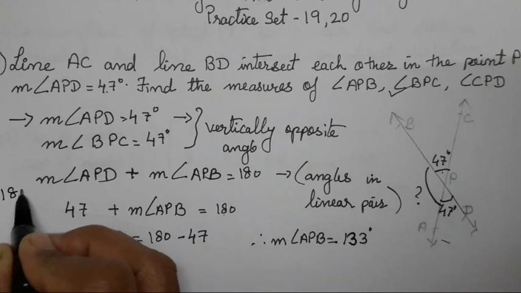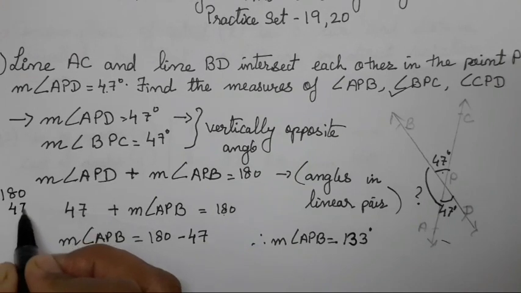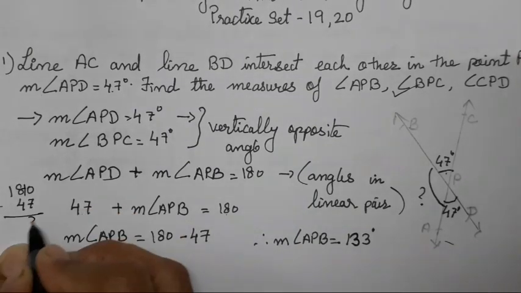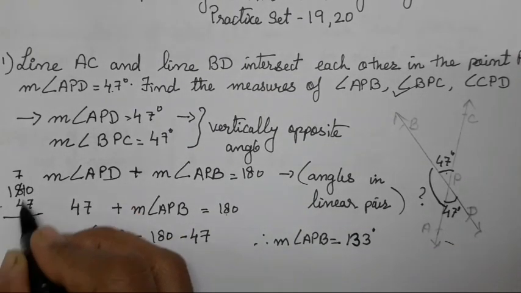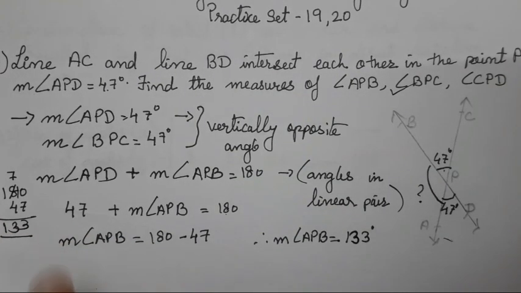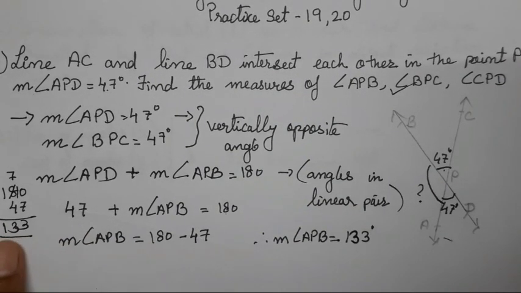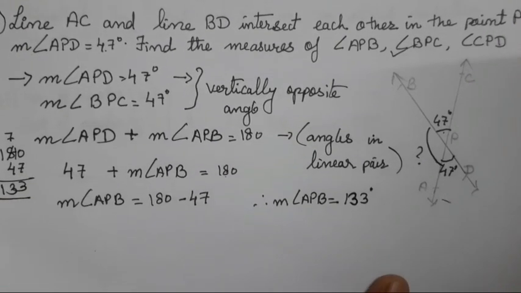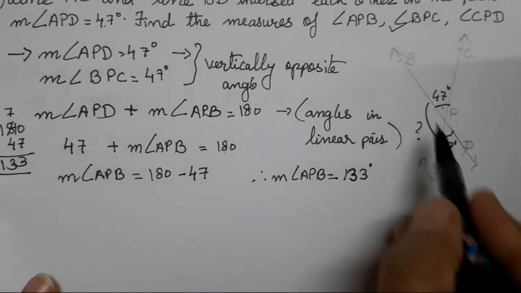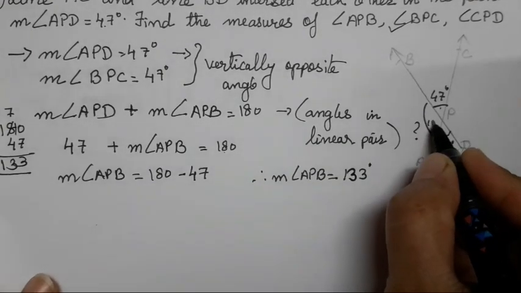अब arrangement करने में सब लोग problem create करने वाले हैं. So this is going to be the subtraction in this way. You all have to subtract it. 3, 7 minus 4, 3 and 1 as it is. Now I have shown you all how to subtract because again you all are going to make a mistake over here and then your answer is not going to come. Many of you all are finding it difficult to subtract it. Okay, so अब हमें ये angle मिल गया which is 133 degree.